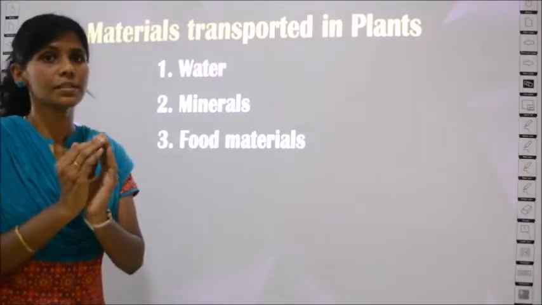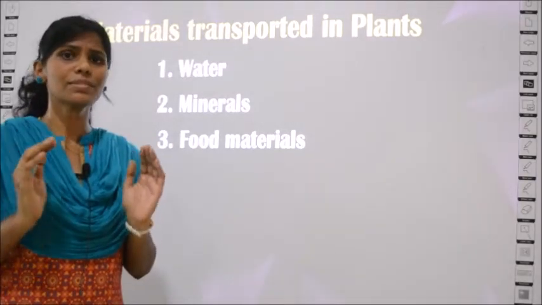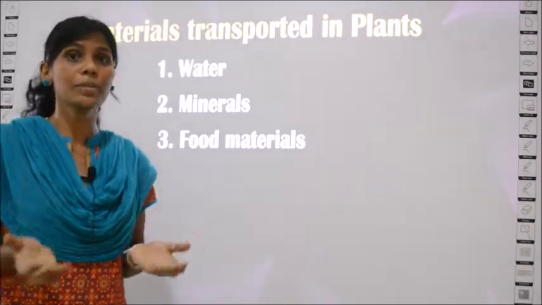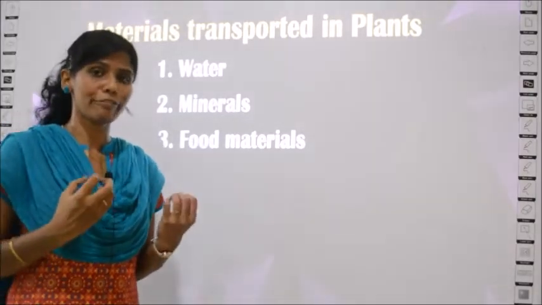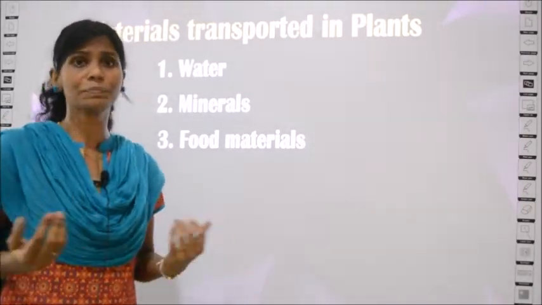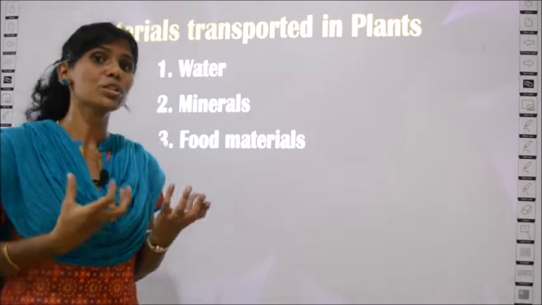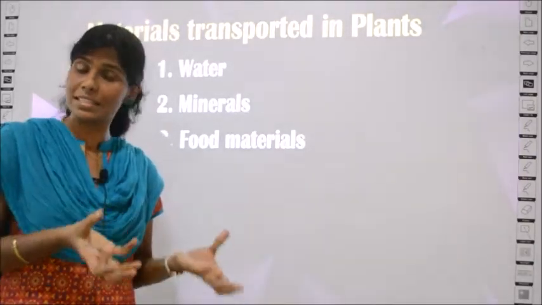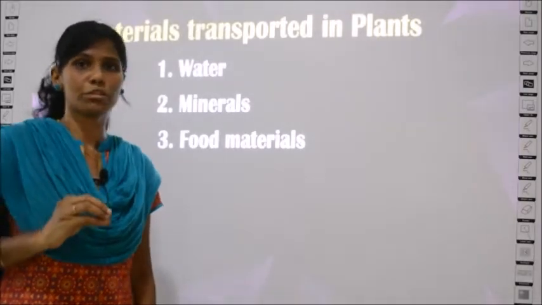Okay. So where does this photosynthesis happen exactly? Photosynthesis happens in the leaves of the plants. Now the plant has made so much food. So this prepared food has to be distributed to other parts of the plant, right? Sometimes it is stored in the root. Sometimes the food is stored in the stem. So it is distributed or stored in all the parts of the plants.